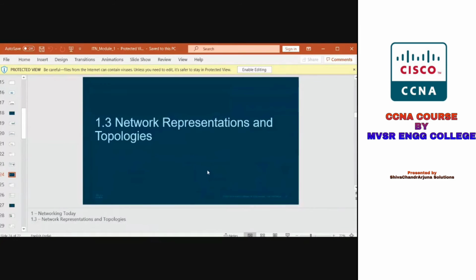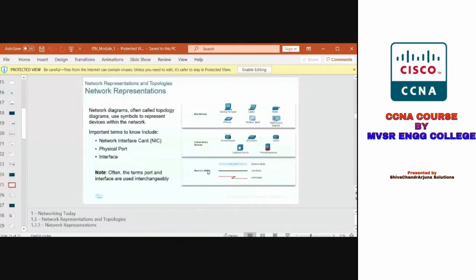Next, network representations and topologies. So network representation, what is the topology here? First of all, why do you need a topology? Anyone? I think you studied this in data communications, in computer networks. These are basic